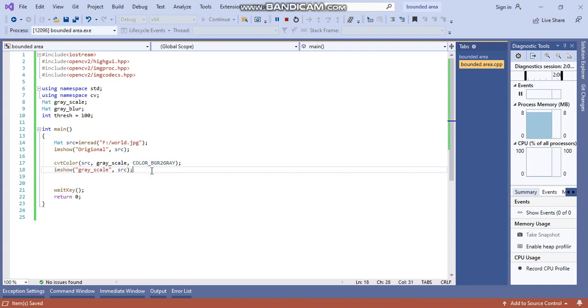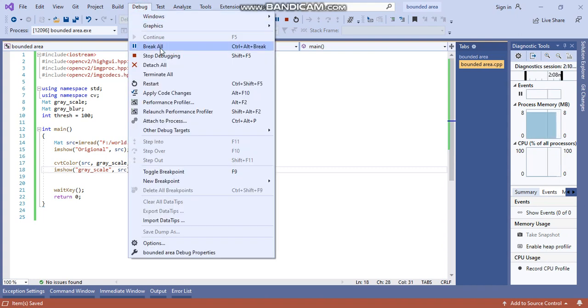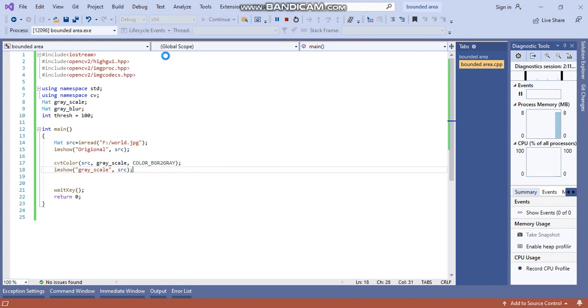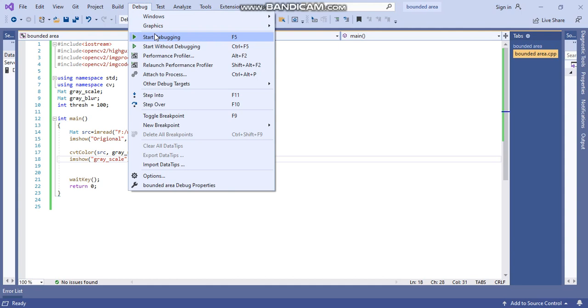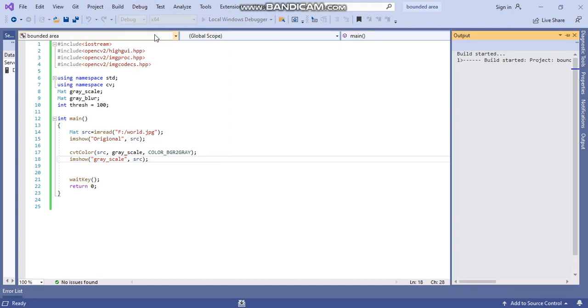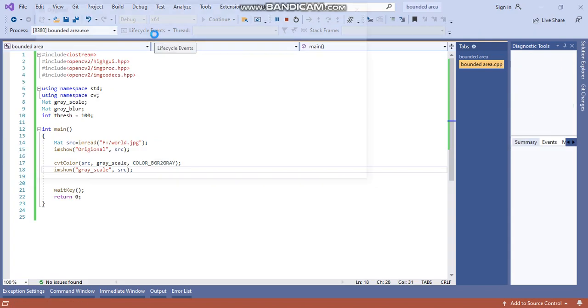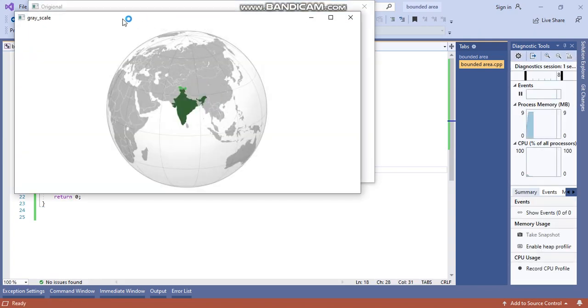Control S. So show it. You can see the grayscale image and the original image, right? Just wait. This is grayscale and this is original.